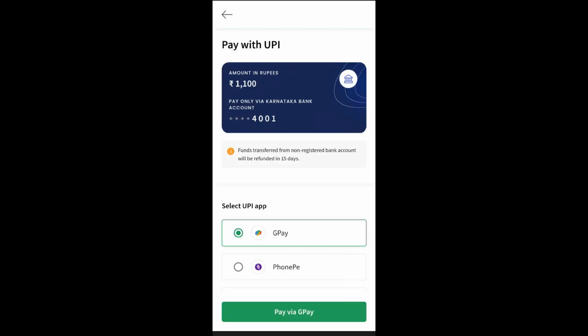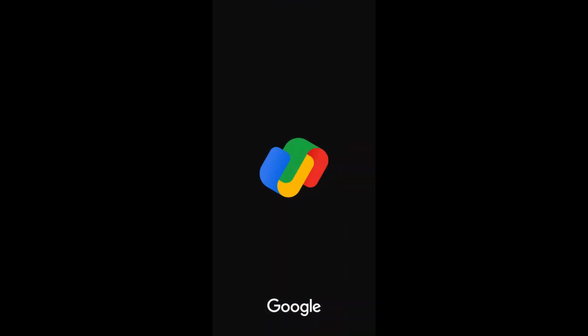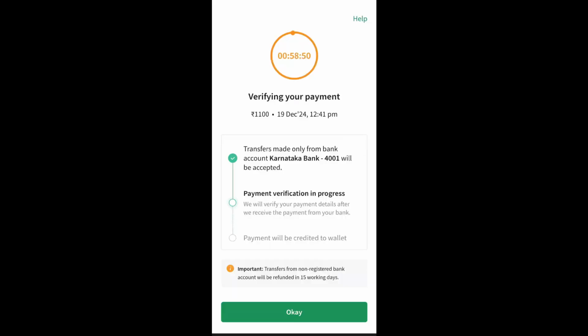Here you can either select Google Pay or Phone Pay. I'll go with Google Pay. Now click on Pay via GPay. Click on Proceed. Now it will take you to your Google Pay or Phone Pay application depending upon which one you select. And once you complete the transaction, just come back to CoinDCX and you'll get a payment verification